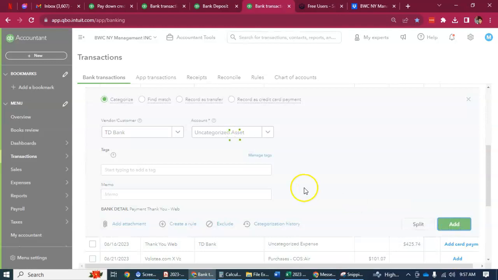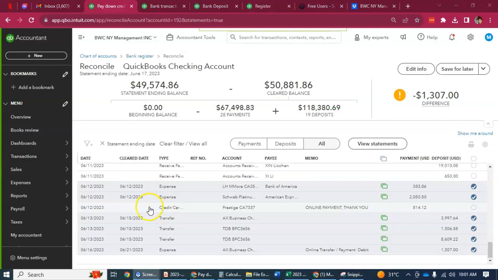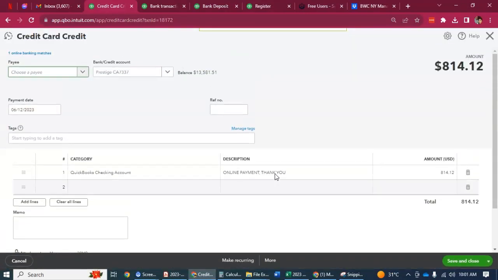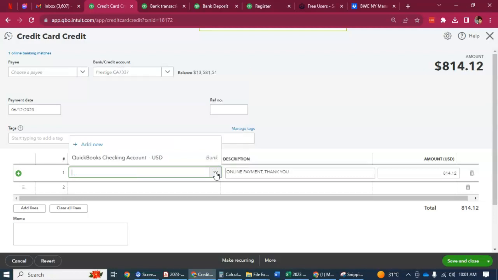Okay. Then this is another payment, and this should not be on QuickBooks. So let's put this as uncategorized, but